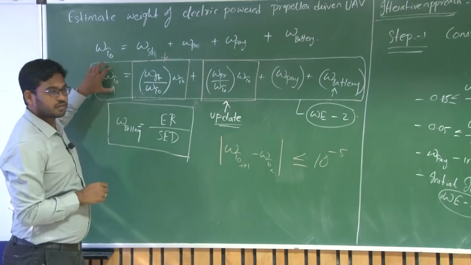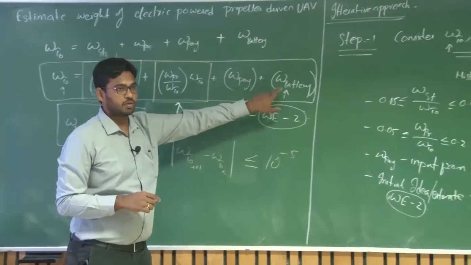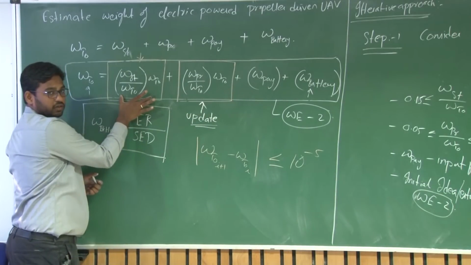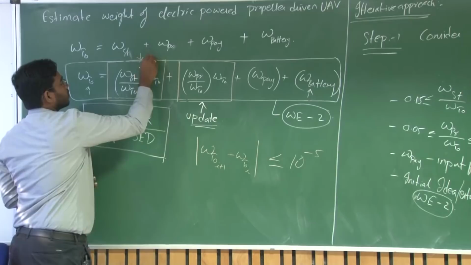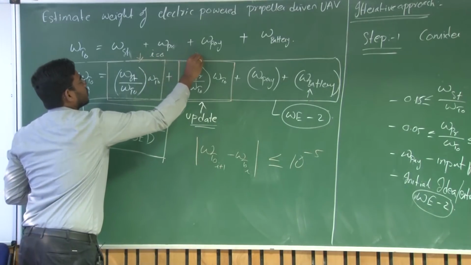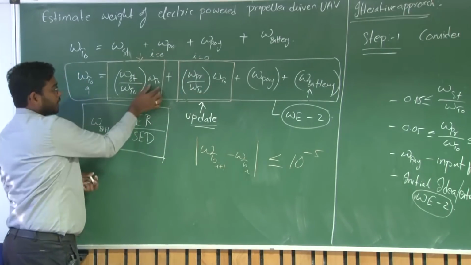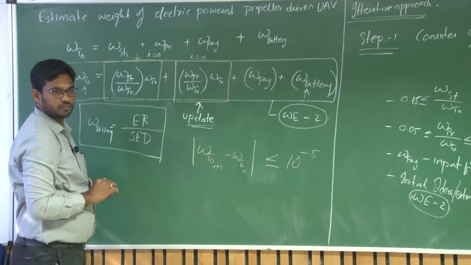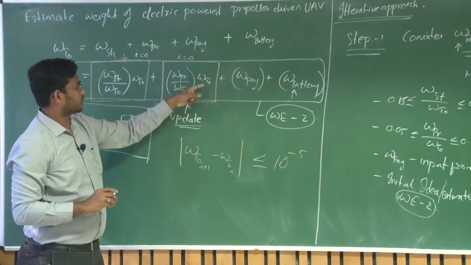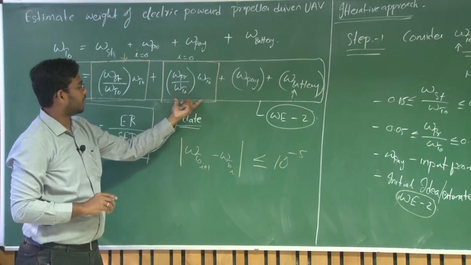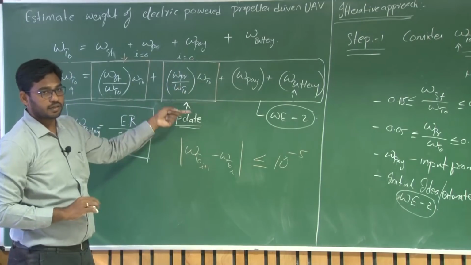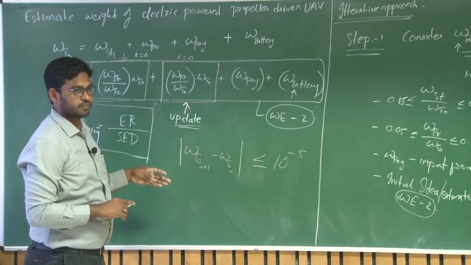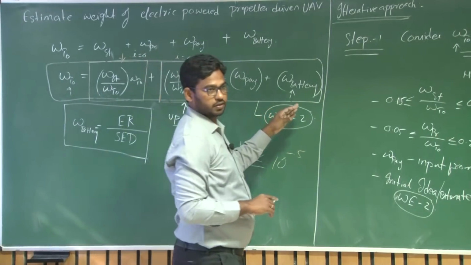That means you are updating this WTO by updating this battery weight, and while doing this we considered these two parameters constant, which are the values at i equals 0. You don't update the WTO of this particular fraction, and don't update the WTO here as well, right? You considered whatever value you have at i equals 0 as an input for the entire initial round of iteration, right?